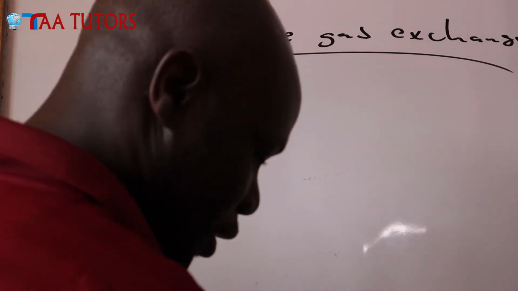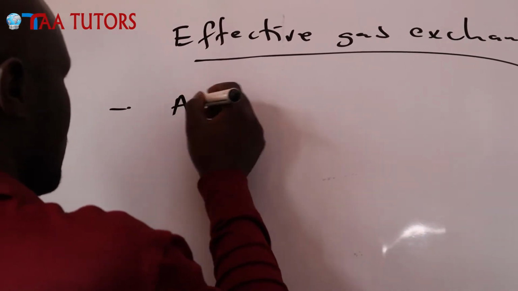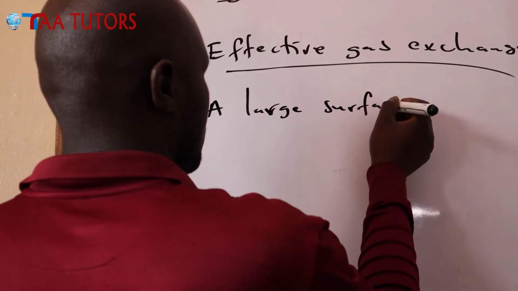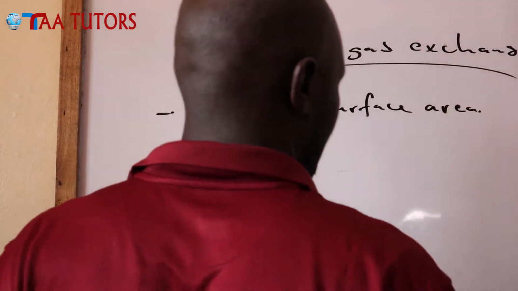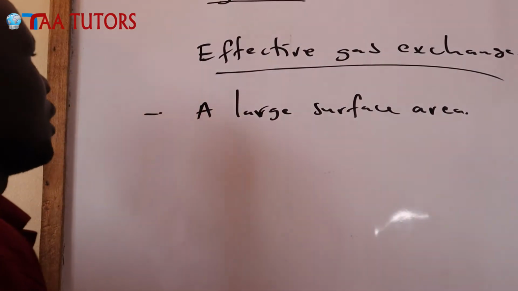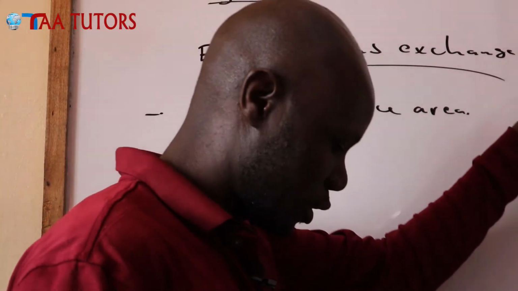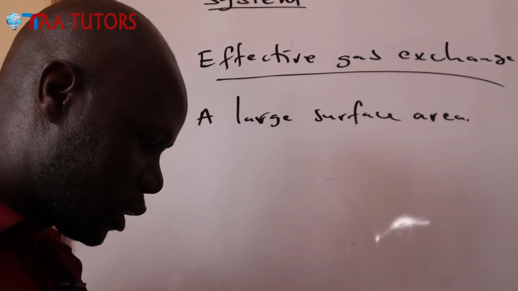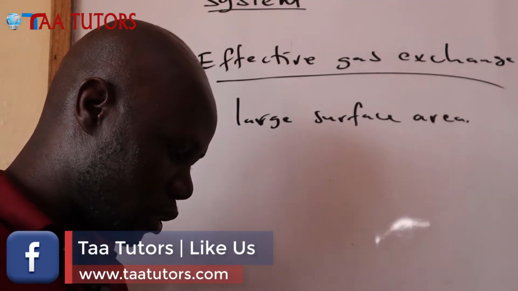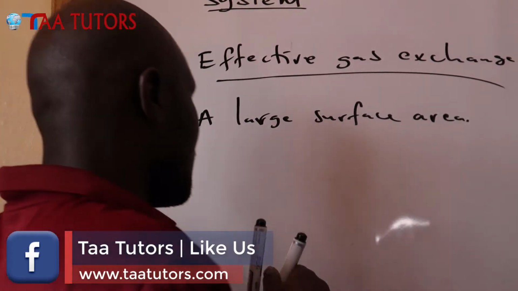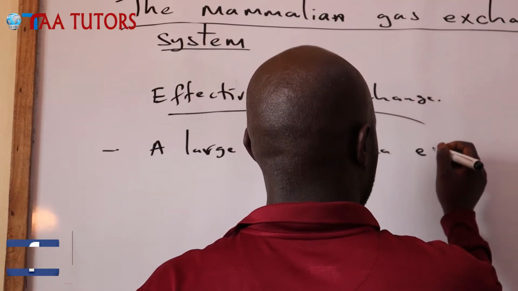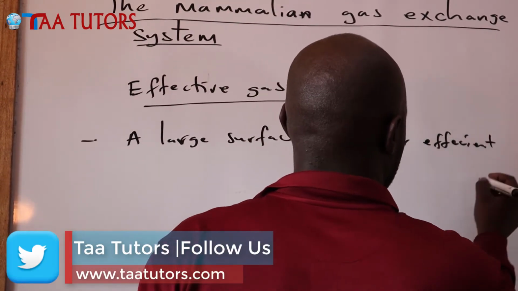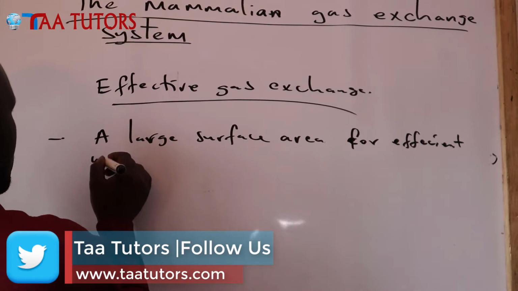Number one feature is that there must be a large surface area. That is the key feature that is found in an effective gas exchange system. There must be a large surface area. Now this one here is to make sure that there is an efficient gas exchange to supply the need of the organism. So the large surface area is for efficient uptake of gas